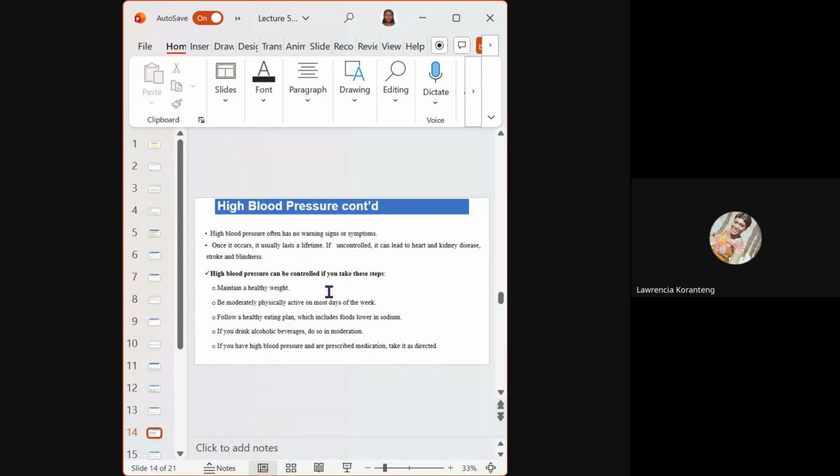So I'm just skipping through. But if you want to ask a question, then you chip it in. So one of the things about high blood pressure control is that you need to maintain a healthy weight, because when